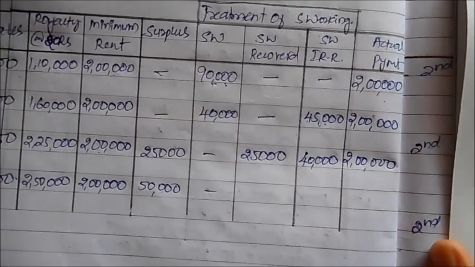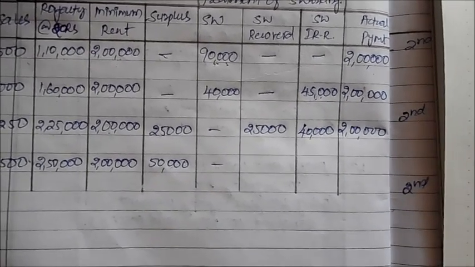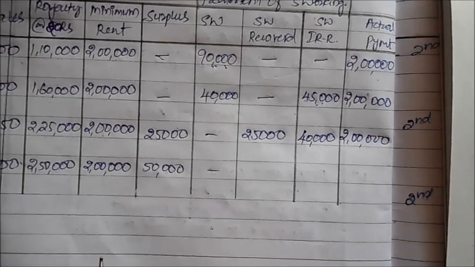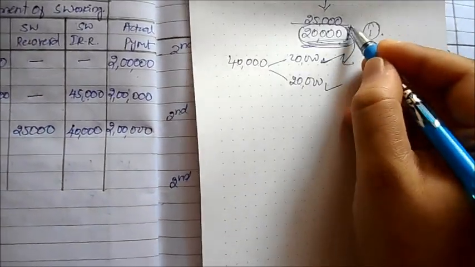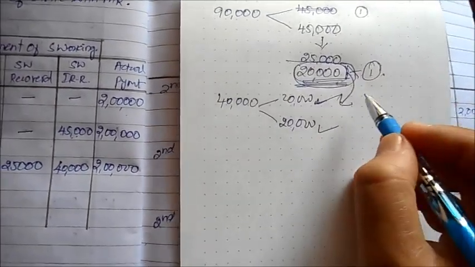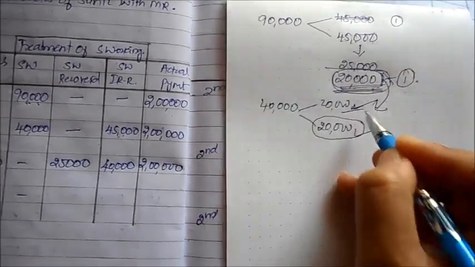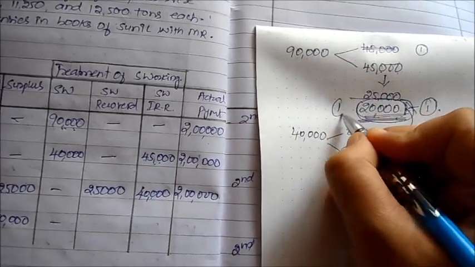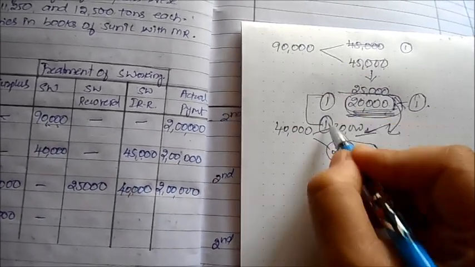Correct? Right? Okay, now the next one. What does it say? Again we have a surplus. But if I have a surplus of 50,000, how much do you think I will be capable of recovering? Now whatever was the old one, this story is cut. You will no more bring this into consideration. So only half of this one is also lost. It is irrecoverable. A portion is here of the 90,000 amount, and a portion of the 20,000 amount.